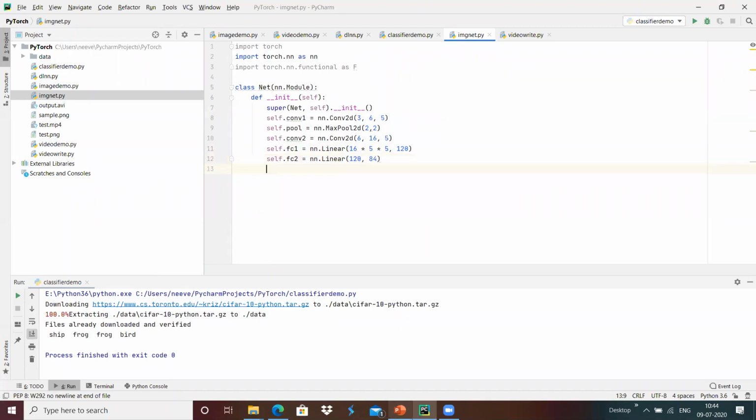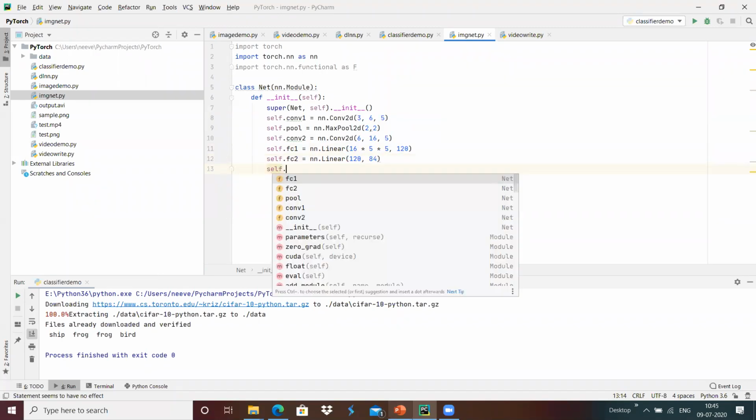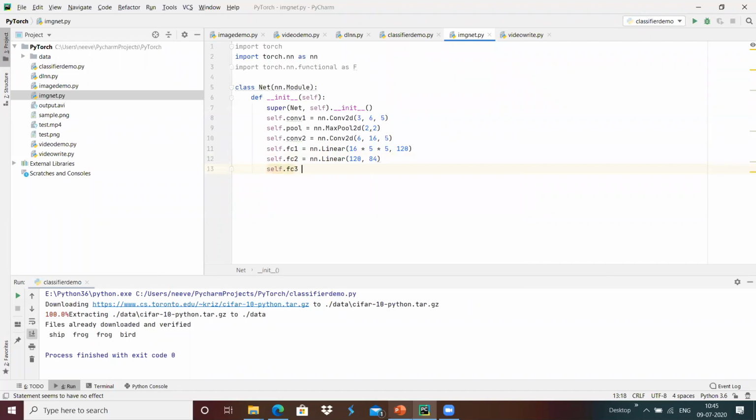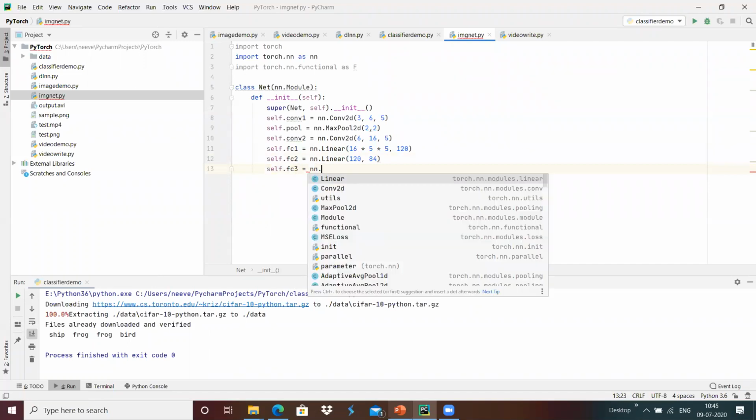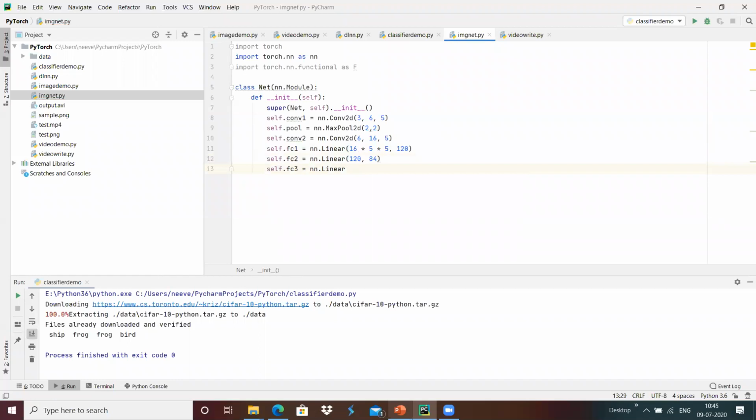Then fc3, a linear transformation of 84 input features and 10 output features. We have defined 10 because we have 10 classes present in our data set.